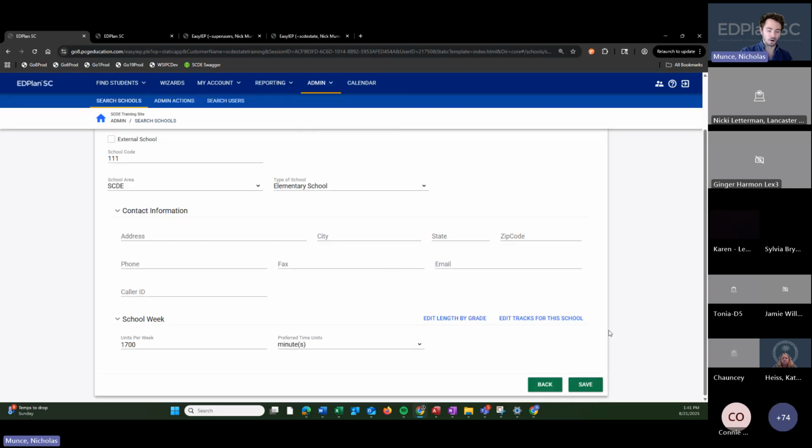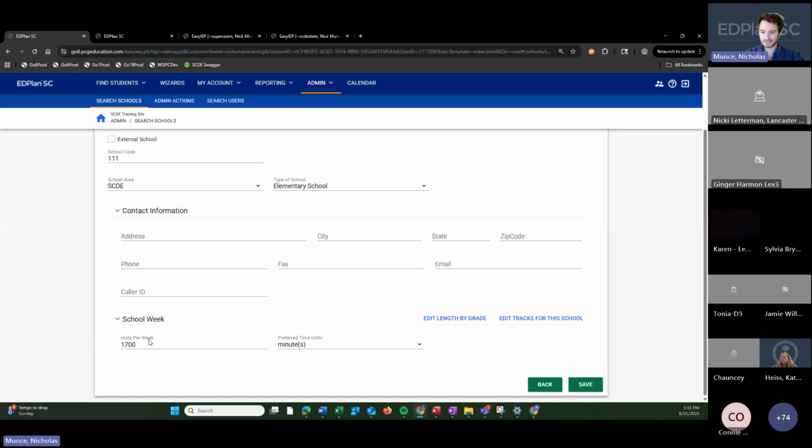So now the way that this would work is if I'm a 2nd grader at this school, I did not set a custom grade length, I'm going to get the 1,700 minutes because there's nothing else to override that. But if I'm a 3rd grader, I just set the custom length for 3rd grade. I'm now going to get that 3rd grade length. I'll get 1,600 rather than 1,700. So every student will get the school length unless there's a custom grade length. If there's a custom grade length for that student's grade, they will get that custom day length based on their grade. There's a 3rd level to this, that is the student day length.